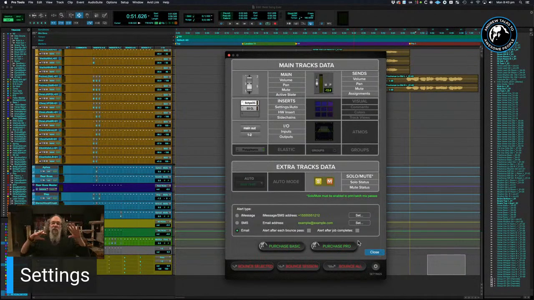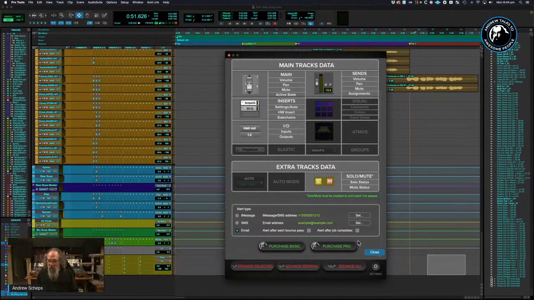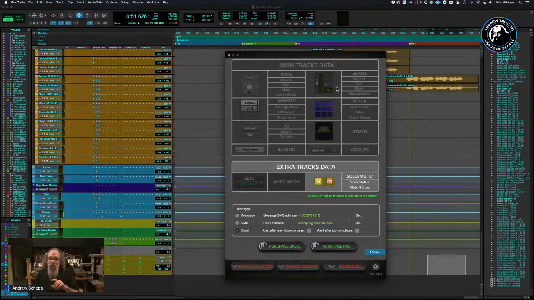So the lord above of your data is how you save the session itself. You could go back to a session you've already made snapshots in and change everything. And if you don't tell the app to recall that information in the snapshot, then it will just leave it however you have the session set up. So if you change stuff in the session, it doesn't mean you have to remake all of your snapshots before you bounce. But the way this works is you've got this one set of data up here, which is the